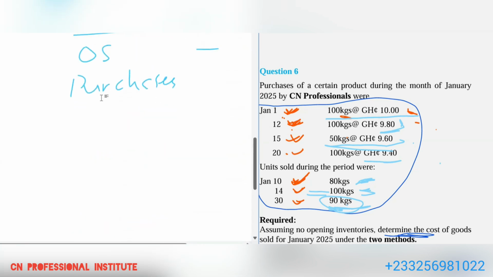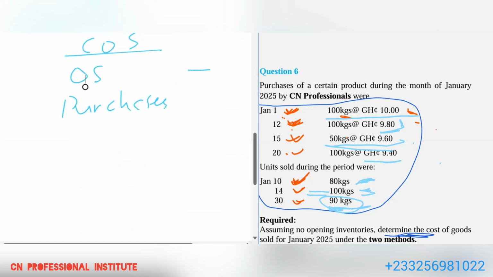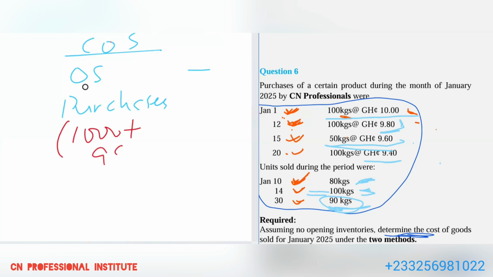So purchases: 1,000 plus 980 plus 480 plus 940. You sum all and you get